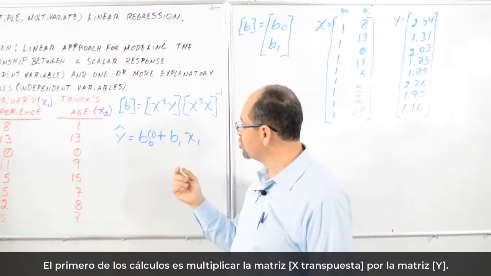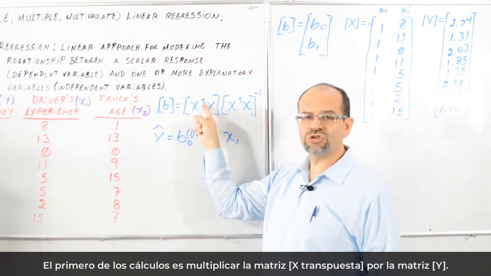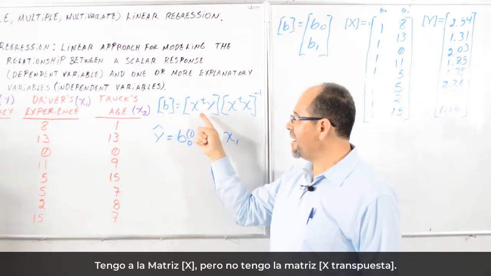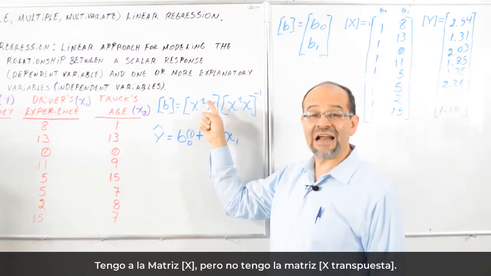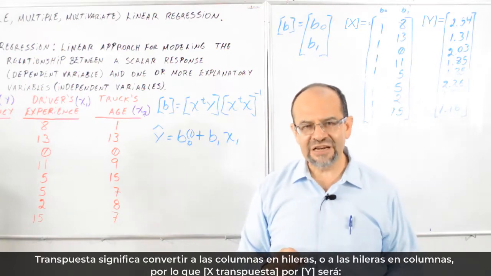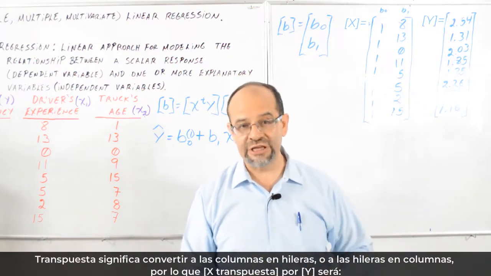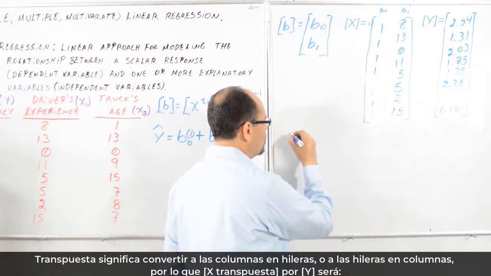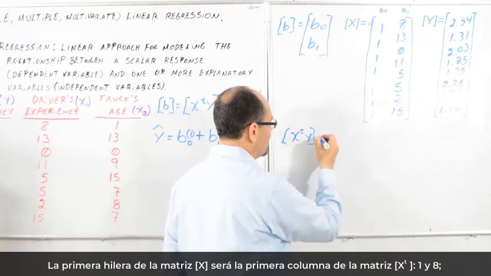The first calculation to do is to multiply X transpose times Y. I have matrix X, but I do not have X transpose. Transpose basically means to convert columns into rows or rows into columns. Then X transpose Y will be equal to